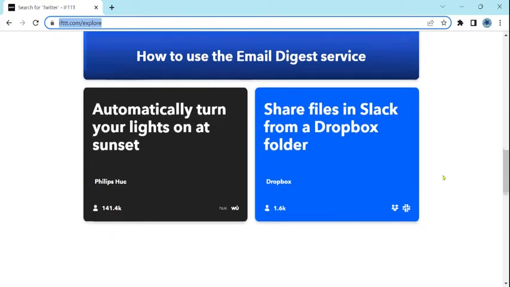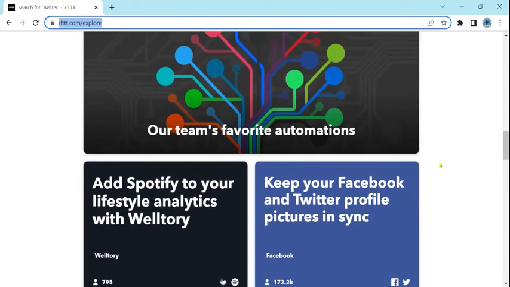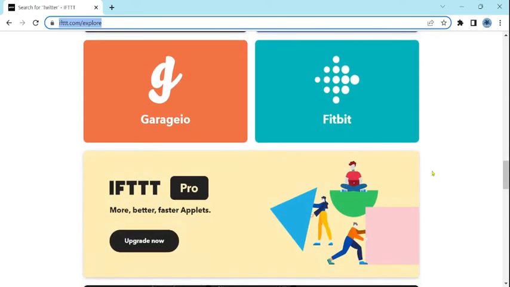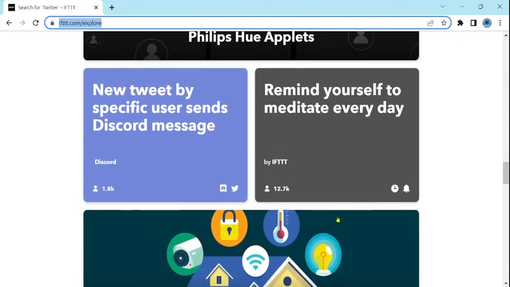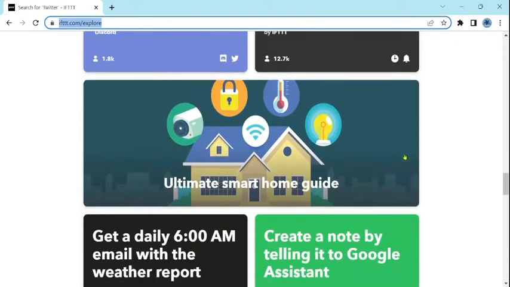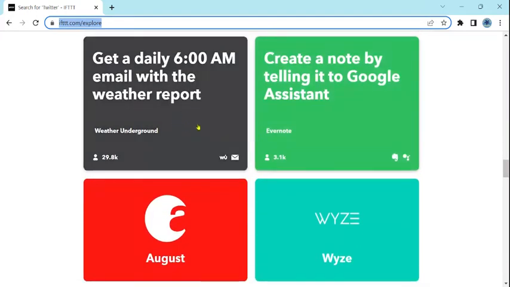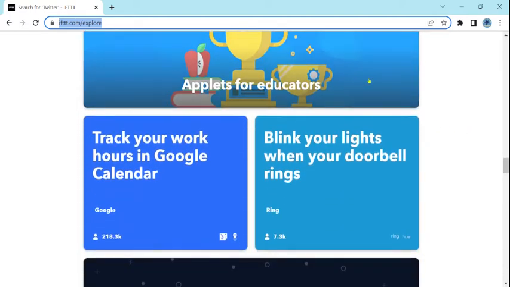share files in Slack from Dropbox. Here's a list of their team's favorite automations. Here's Spotify, Facebook, Fitbit, etc. And then Philips Hue's applications, so home automation, Twitter to Discord, reminders, smart home guide, weather reports, Waze, note to Google Assistant, and then they've got specifically applets for educators, so focus